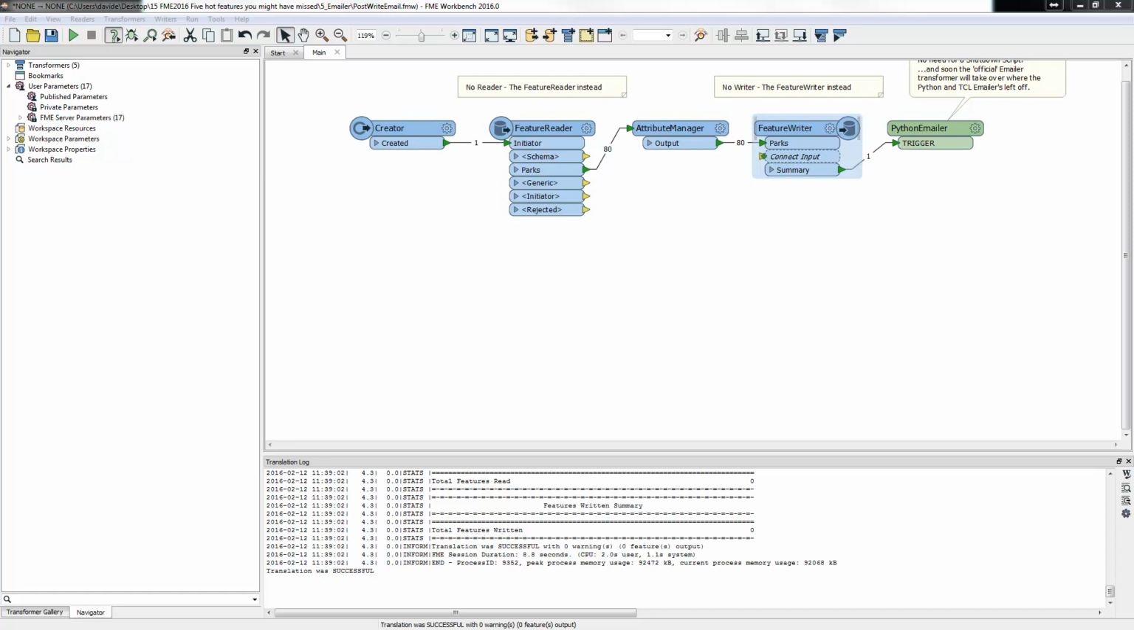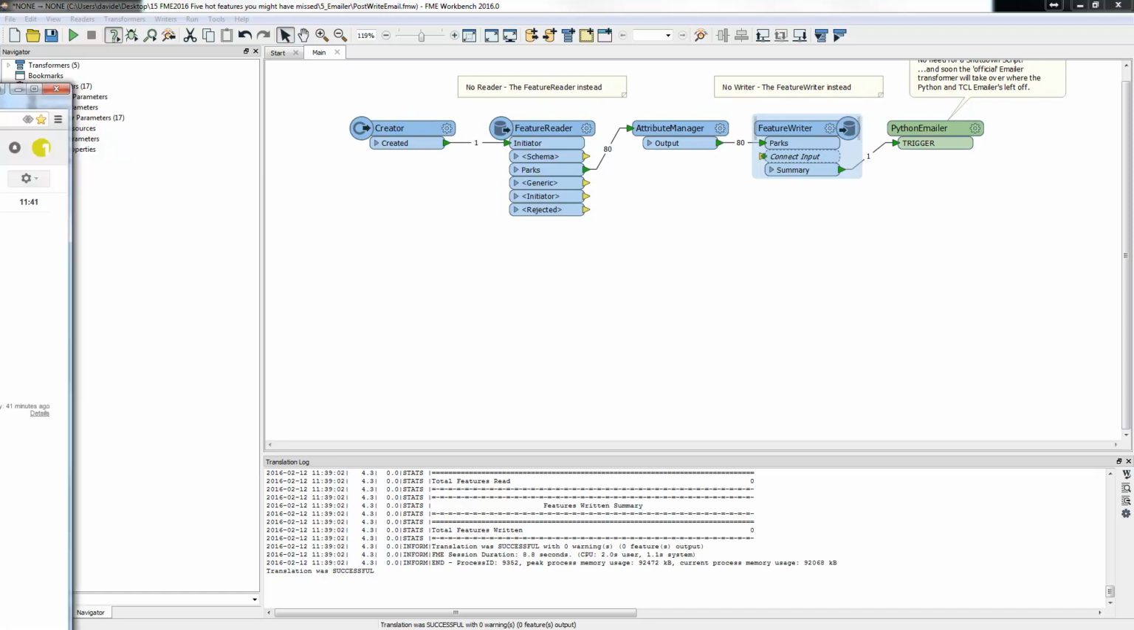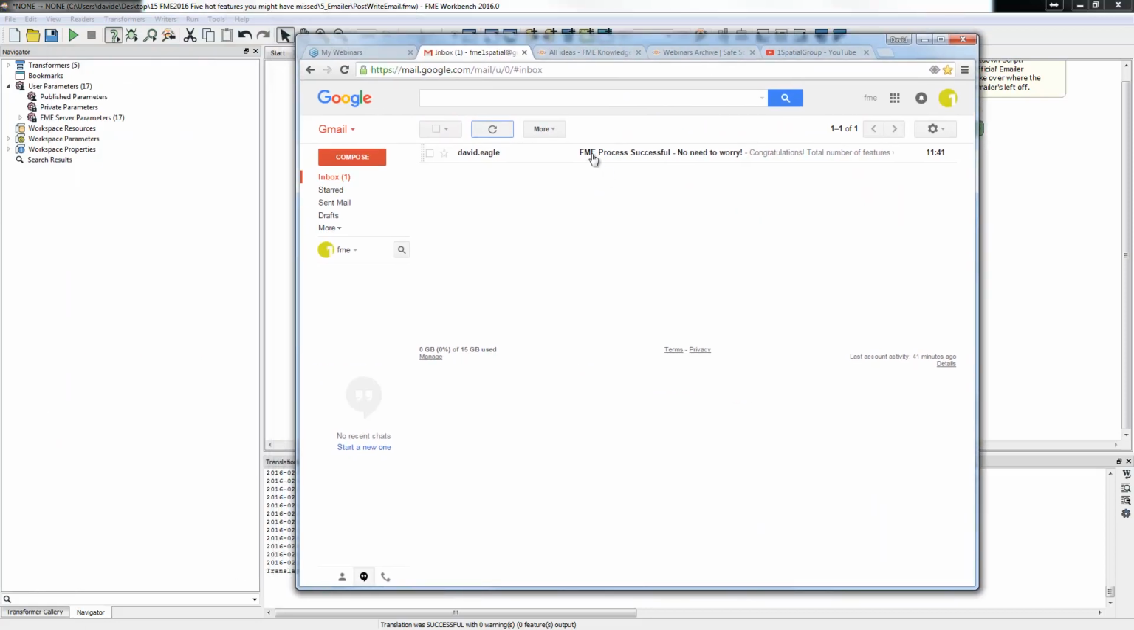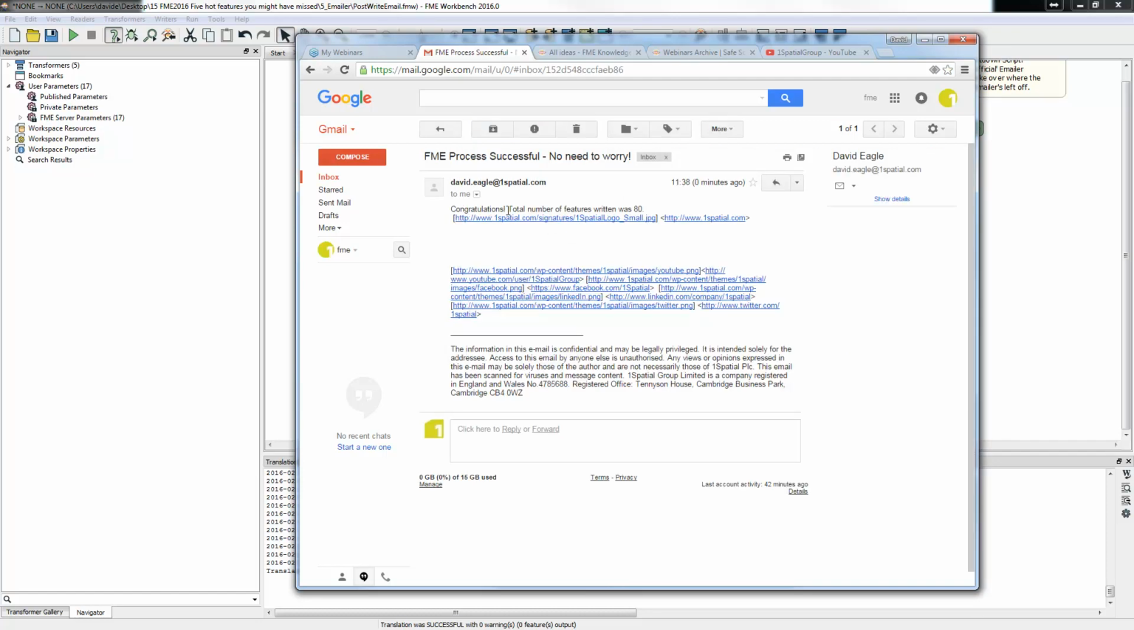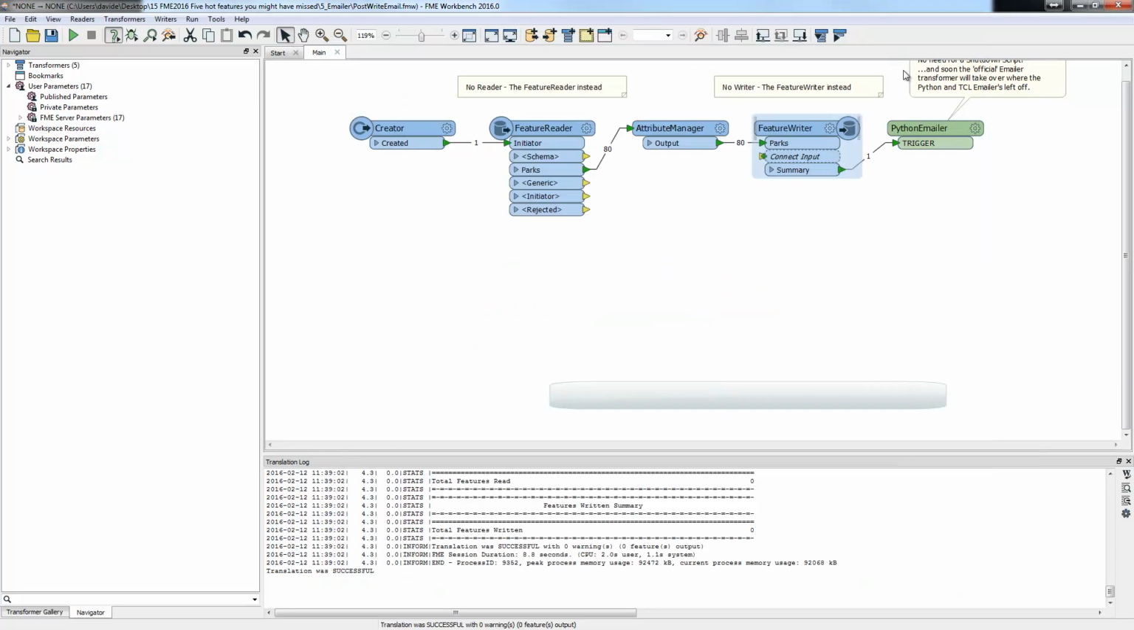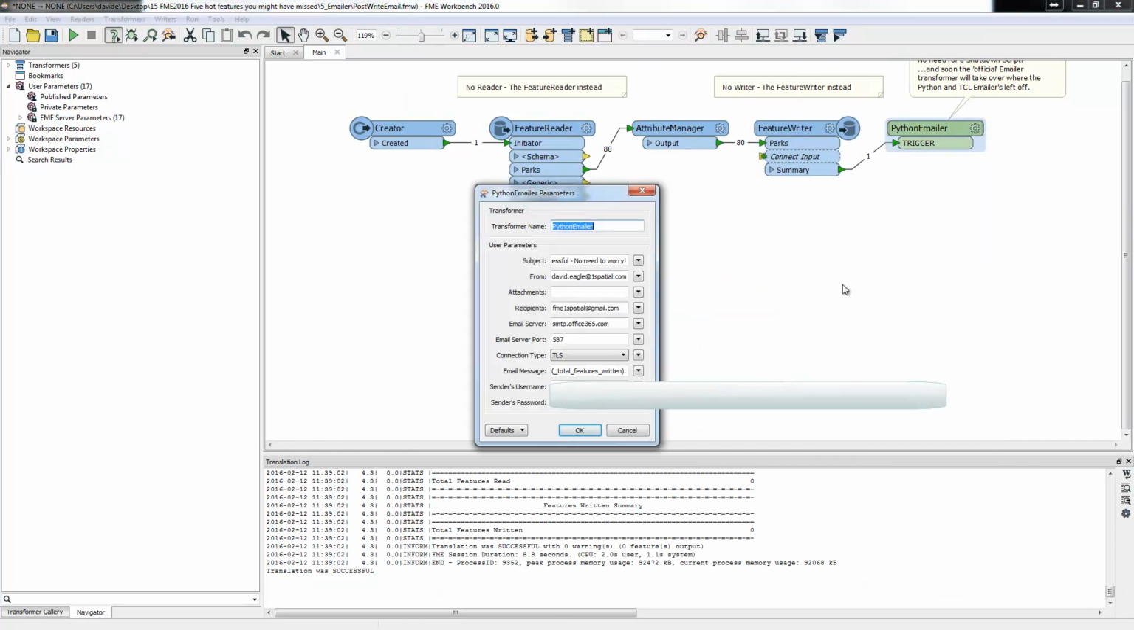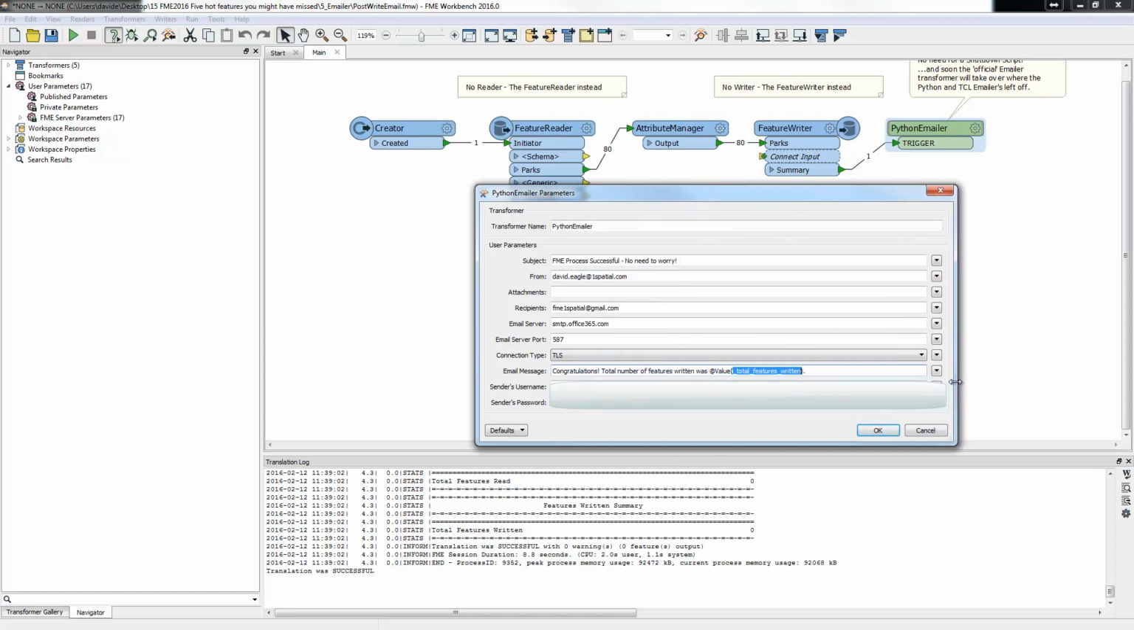So what you can see then is, if we drag over my email client, I've got an email that says the process was completed successfully, there's no need to worry. And if we go and have a look inside it, it tells me, congratulations, the total number of features that was written was 80. And the 80 value is derived from the little, where has it gone? There it is, little attribute value here. And you can see that I've basically pulled in a value of total number of features written into the email